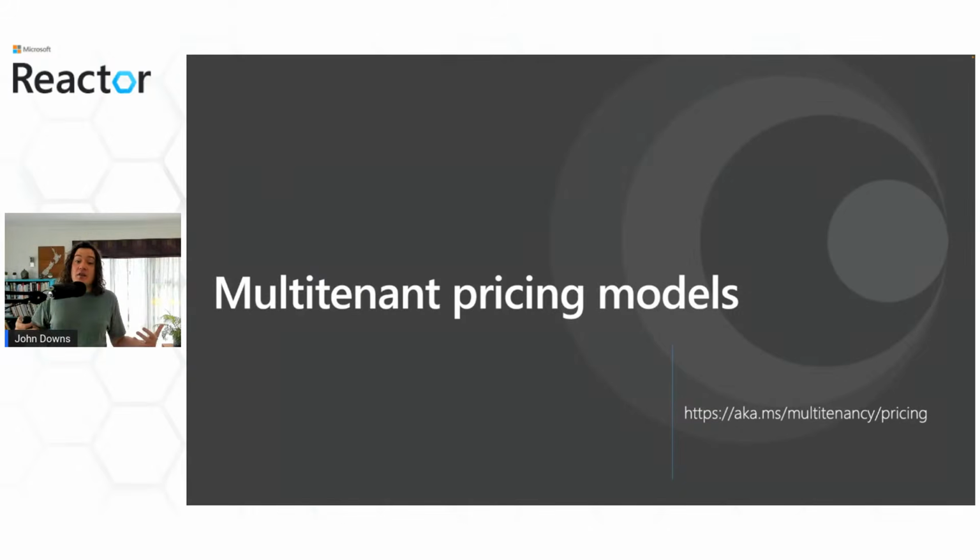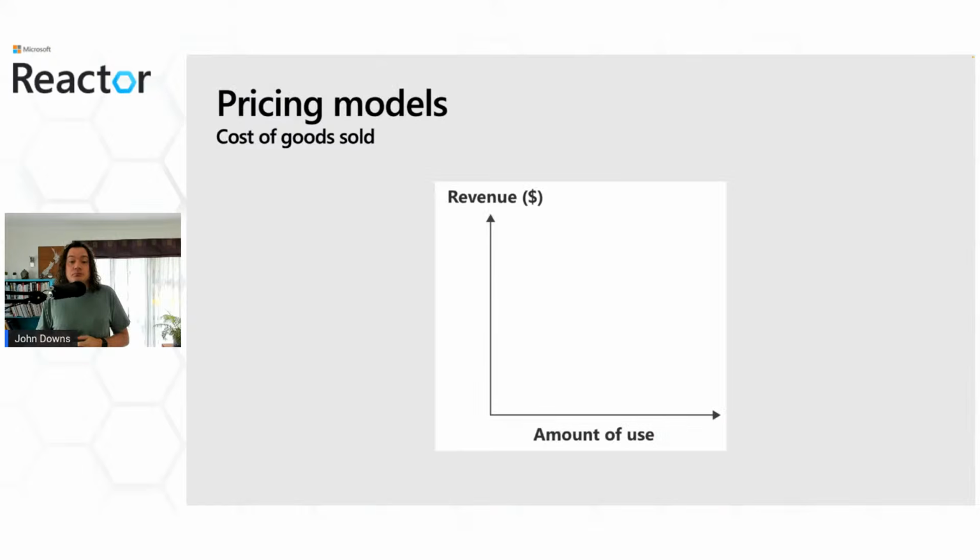So that leads to the final area that we're going to talk about today, which is the types of pricing models that you can consider if you're providing a multi-tenant solution as a service, for example, as a SaaS product. Pricing models are complex, and the pricing model that you select will matter a lot for your architecture and for your organization. As usual, I'll provide a brief overview of some of these topics, but take a look at our guidance for a lot more detail.